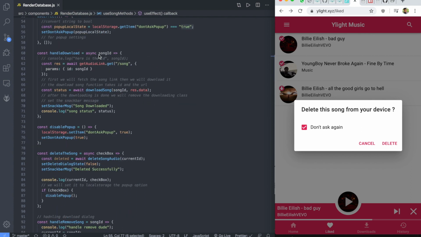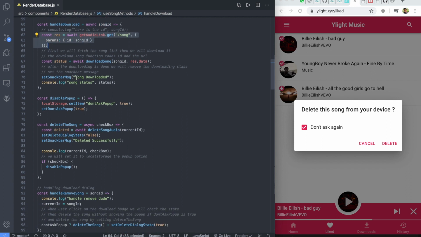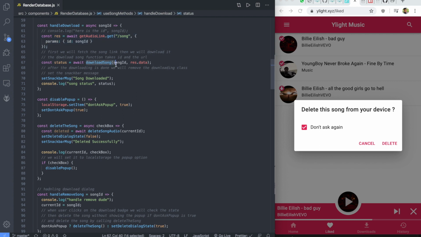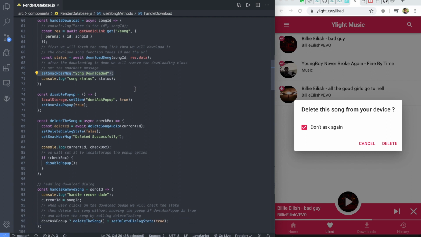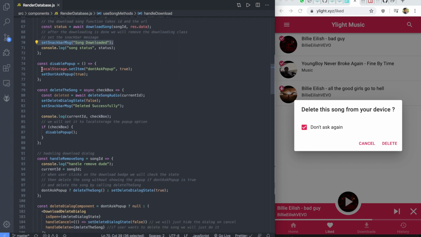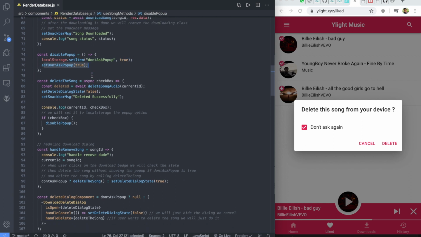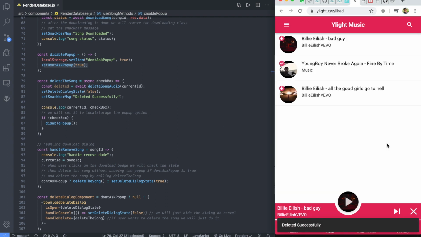This is also async. We pass the song ID and we just await for it, and status is also download song. This is from the, I think, yes, this was in the save song, and in snack bar song downloaded, when it gets resolved, so it's await, it keeps waiting, and then it shows this message. And we have this disable pop-up, so we set item don't ask pop-up true and set don't ask pop-up true in this state also. So if I will just click on delete now it will not ask, just click here,